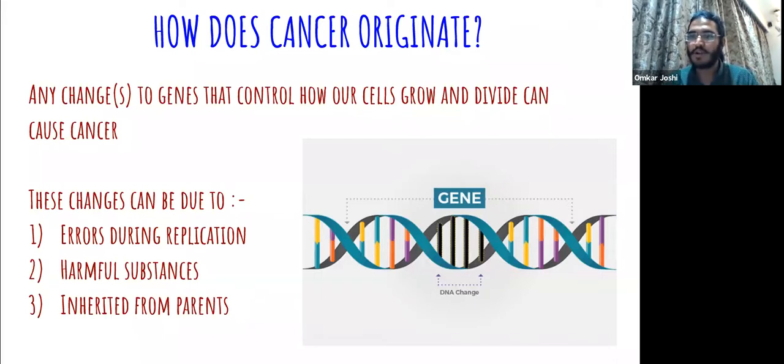So even if you are not born with cancer, there is an increased chance that you will develop cancer, because remember, we have two sets of chromosomes, right? We have 46, which is 23 plus 23. It's called 23 pairs. So every gene will have two copies. So if one of the genes is inherited with a mutation, there is an increased chance that the second gene will also catch damage and then you will develop cancer, right? So these are three broad ways by which you can actually